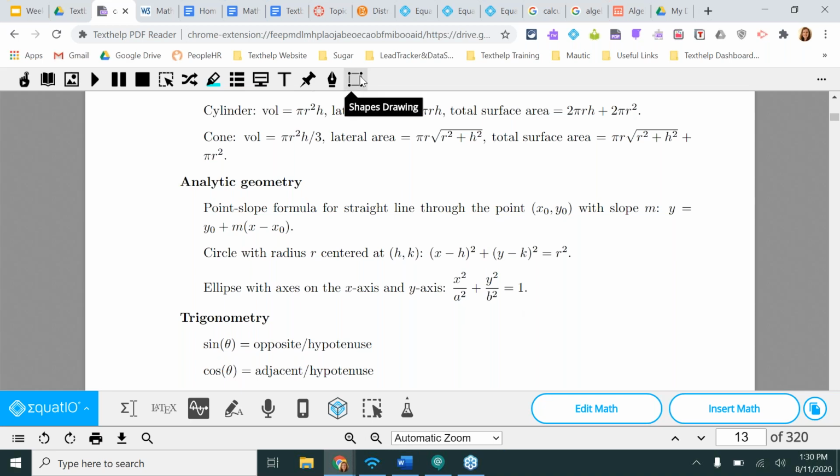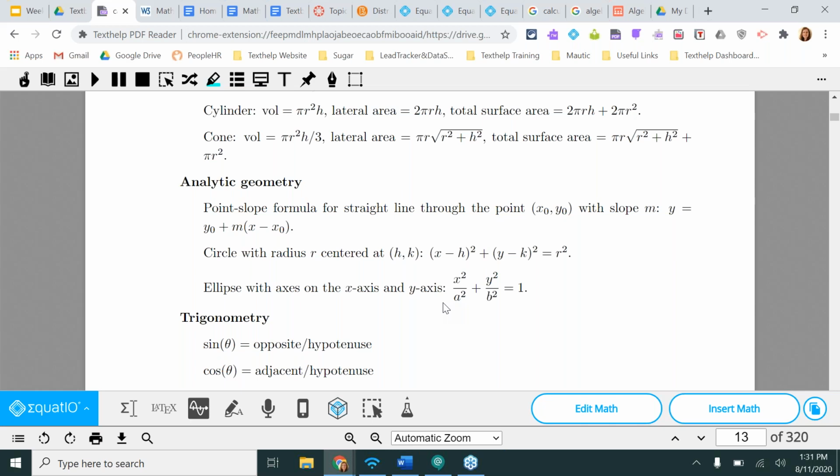So I've got my Read&Write at the top, I've got my EquatIO at the bottom, tag teaming with one another. Some people think that can be challenging for students to have both up. Some students say, nah, it's good. Students can handle it. So you'll need to know your students, but know that it works seamlessly together, the two of them. If you're just going to give a PDF to a student without any editing, without anything behind it, okay?